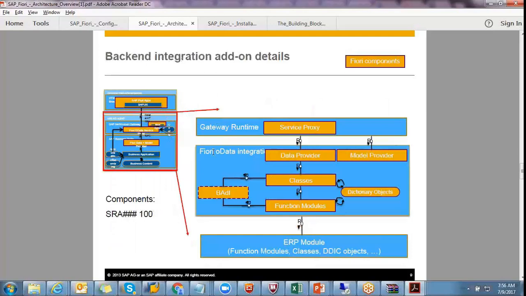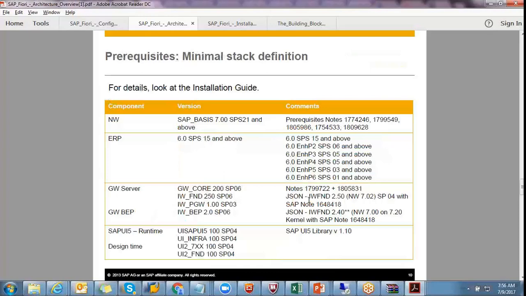As we said, in the back-end integration in the gateway server, Fiori is integrated with classes, methods, and BAdIs. If you want to enhance the OData services, there are some standard BAdIs available.